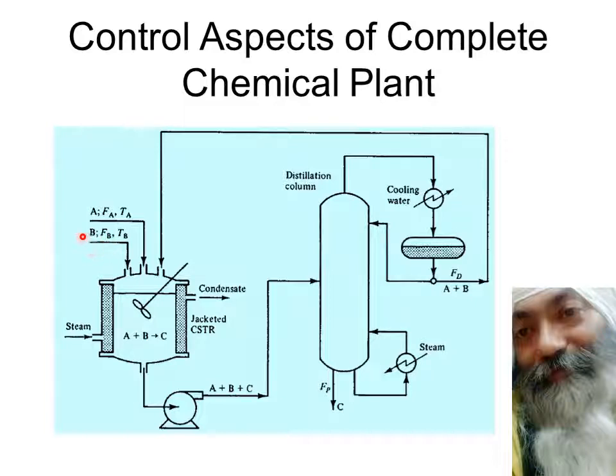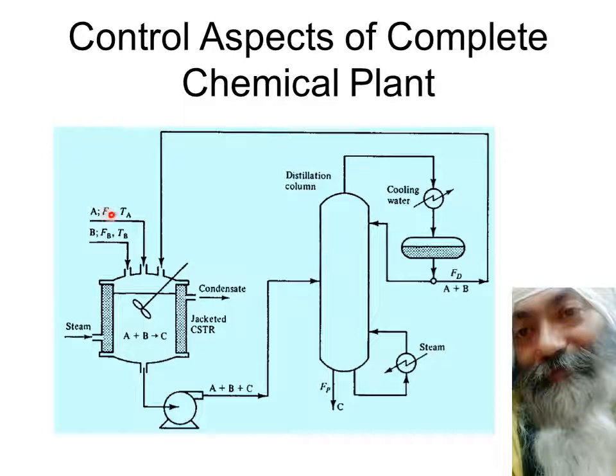So far the things are not so complicated because you have FA coming in from here, which can be controlled. You have FB coming in from here, which can be controlled, and the concentration of B is also known. It's almost fixed. The concentration of A is also known. It is fixed. It's not a mixture of the two coming. Whatsoever is coming is pure, 100% pure. This is what we are assuming to keep things simple.